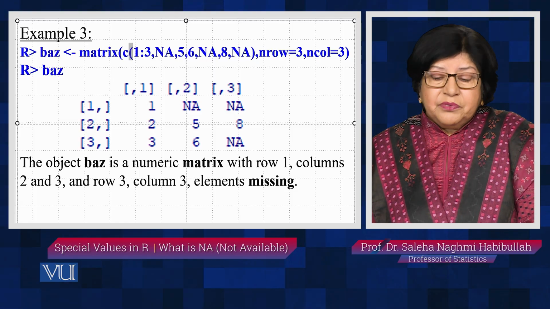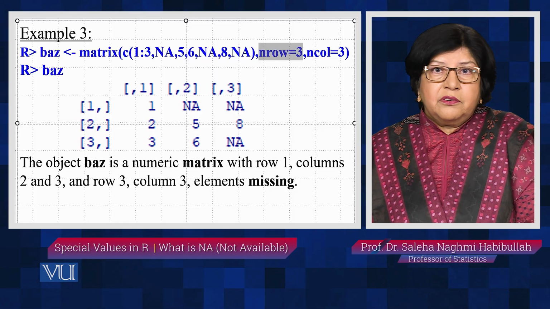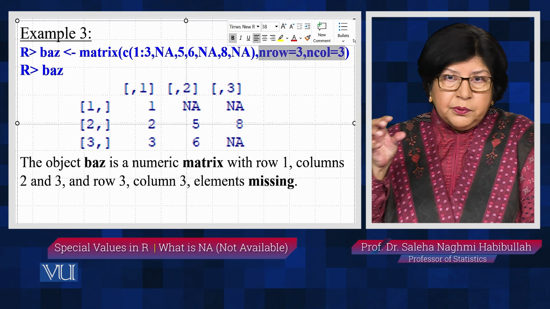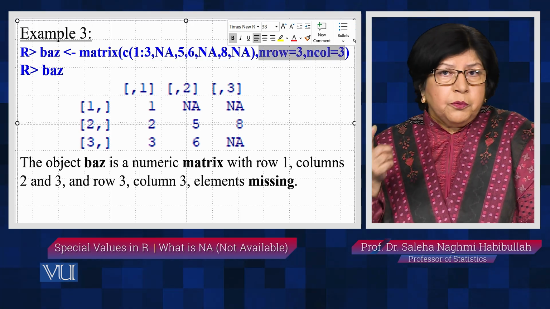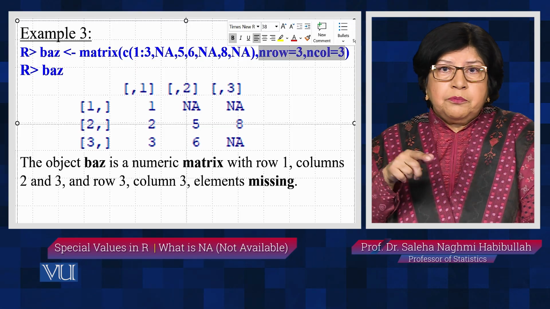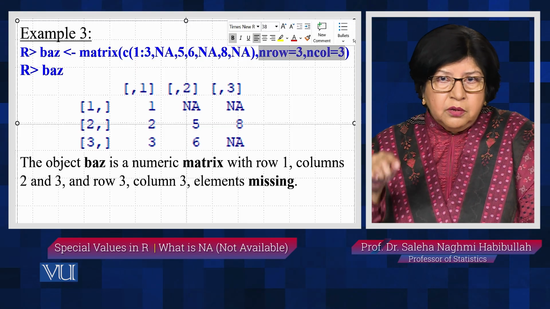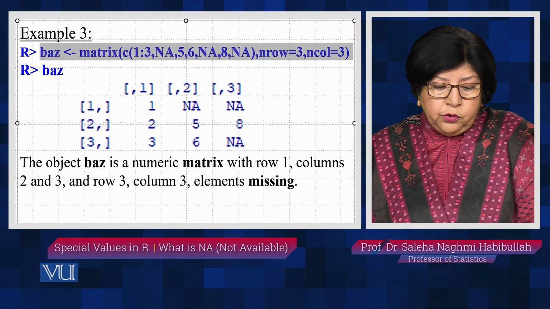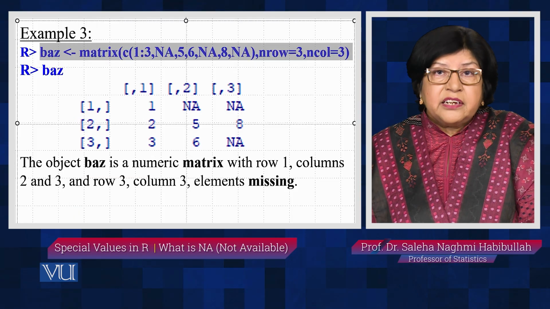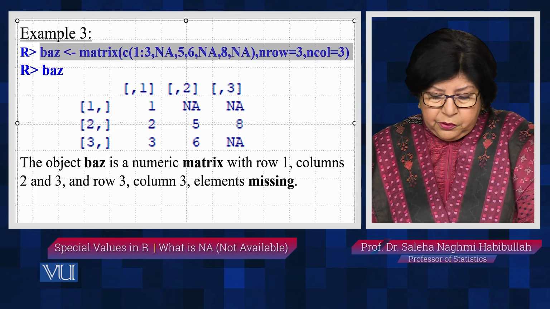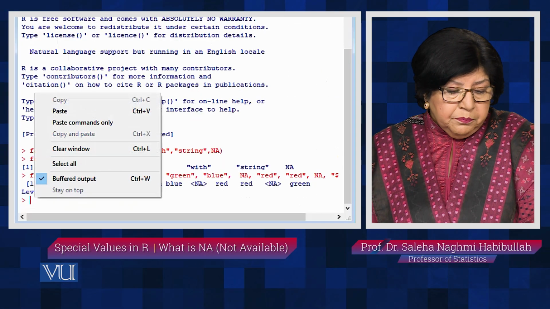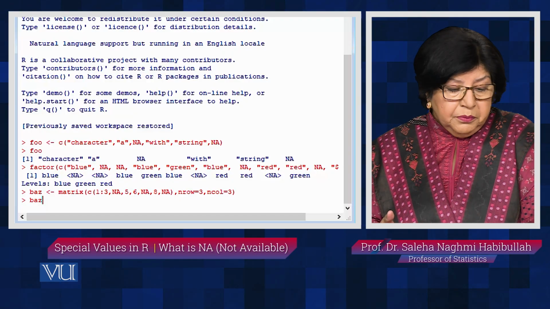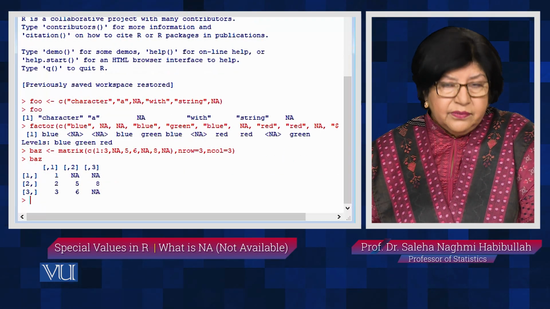But how will what I said happen? It happens because immediately after that we have written, or we should be writing, nrow equal to 3 and ncol equal to 3. That means we told it 3 rows and 3 columns, and you have already read that in a matrix, if you don't give it any other command, it brings it to you column-wise. So in this case I will copy this whole thing with the name that we have given to this, and that is baz, or however you want to pronounce it, and I'm pasting it here, and again there is no error, and I'm now typing baz and I am going to enter, and there you are.